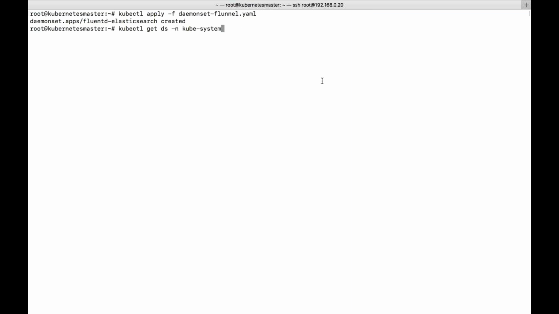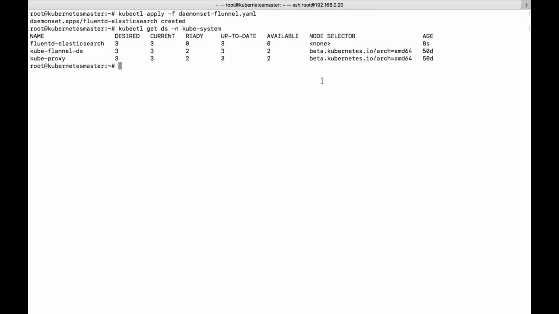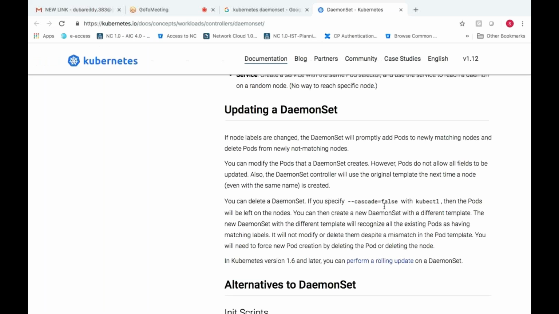Let it be created and we'll remove the cascade. By default, it should delete. I don't know why it is a reverse concept, but if you specify cascade with false, then the pods will be left on the node. Oh, that's correct.